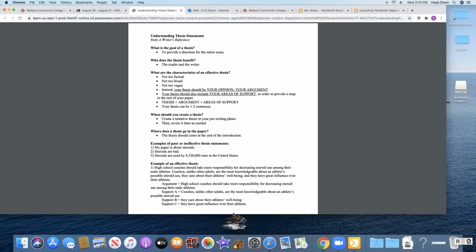So a thesis statement prominently displayed somewhere during your writing process will help keep you on track and make sure you don't wander off on a tangent. So having a good, clear thesis statement is vitally important for a good essay. There are some specific characteristics of an effective thesis.